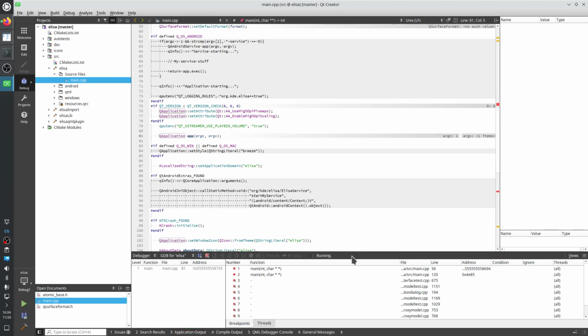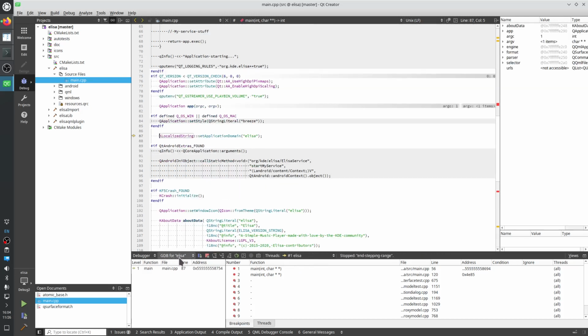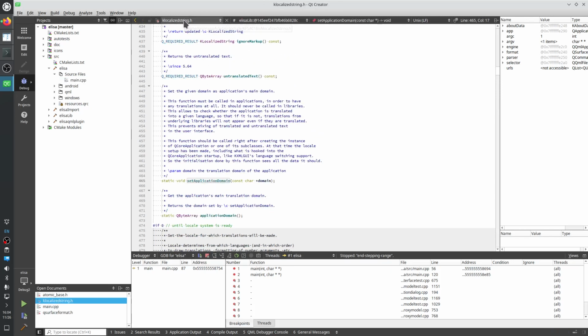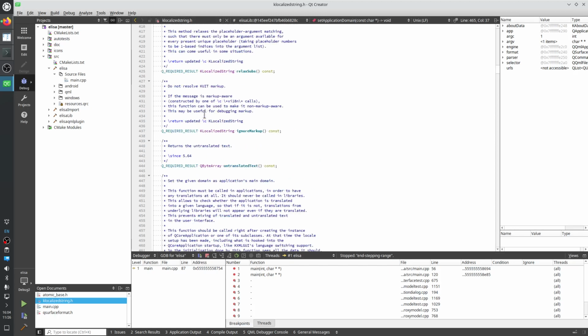Okay, while we waited, some SO files and maybe their debug symbols were loaded by GDB, which is the GNU debugger, which is what's actually debugging the Elisa process. Now this line 87 actually contains source code from a KDE Git repository, which is called KLocalizedString, from ~/kde/usr/include/KF5/KI18n/klocalizedstring.h. This is a static method,